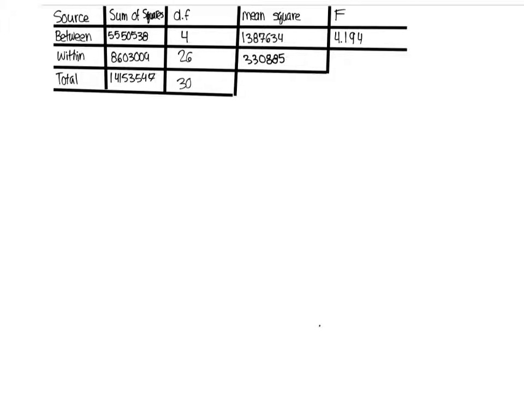The next section is the mean of square, which on our calculator is demonstrated as capital M and capital S, and I got 1,387,634. The next section that I will talk about is the within section, which on our calculator is titled error, so it can get a little complicated with different sections for the title, but once you figure it out, it's really easy. So our sum of squares, which yet again is characterized by two capital S's, is 8,603,009. The degrees of freedom, which is characterized by lowercase d and f, is 26, and the mean of squares is